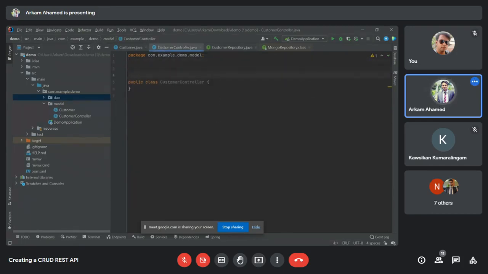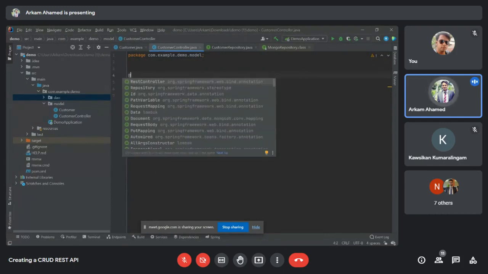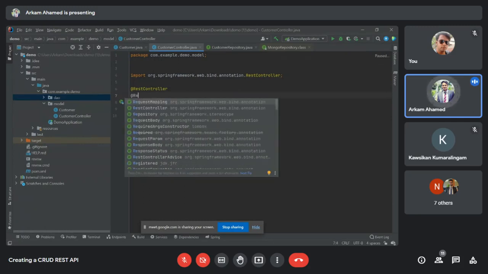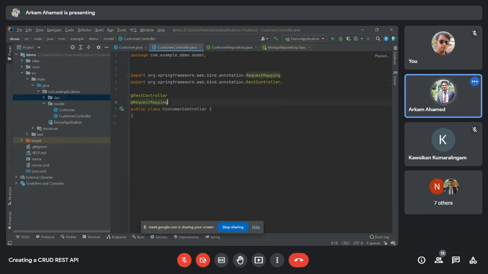In order for Spring to know this is a controller class, we'll have to annotate it with RestController, and then annotate with RequestMapping. What RequestMapping is, is a general URL for all the APIs of the controller class.